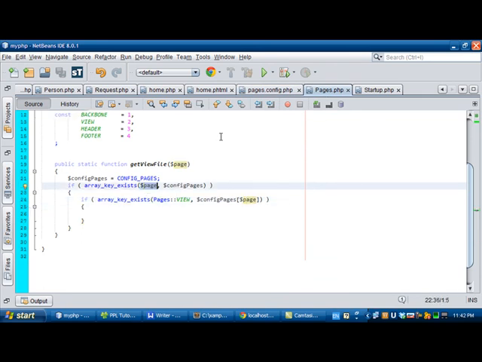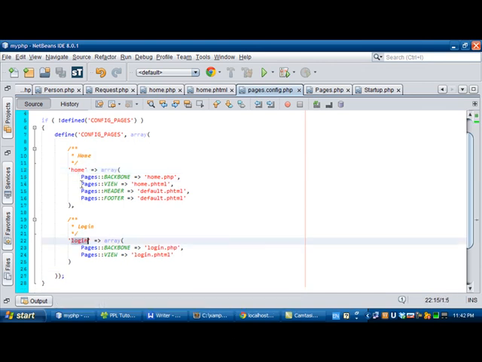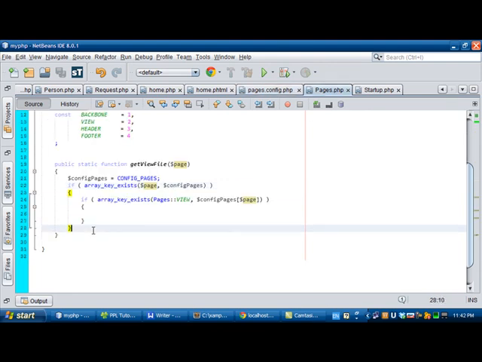If this page exists within this home or login, then we're going to check whether the view part of the home page exists, and if it does not, then we're going to return false. Otherwise, we're going to